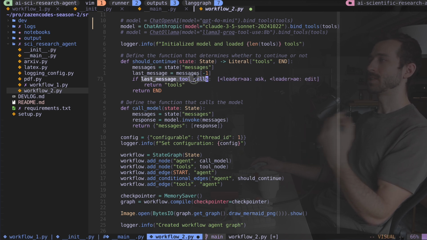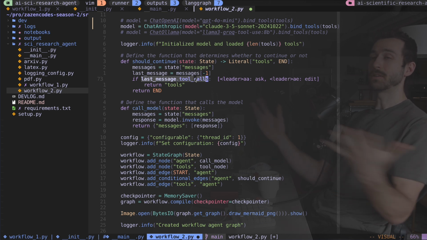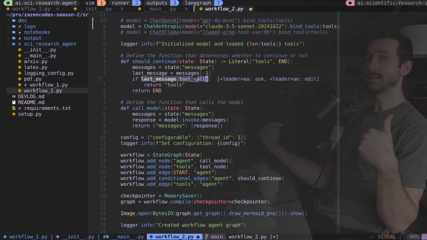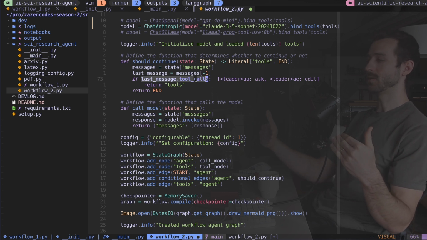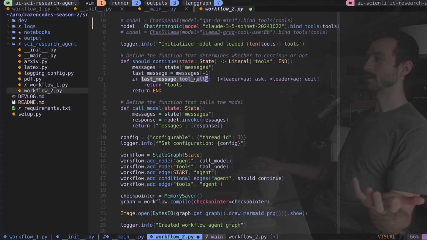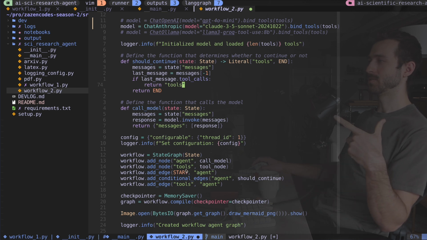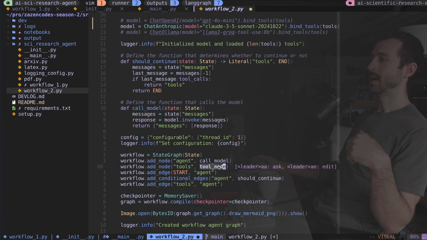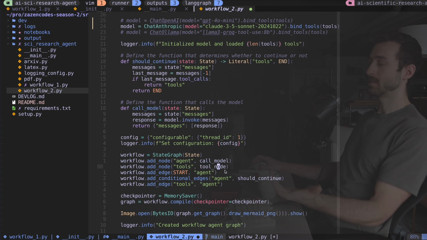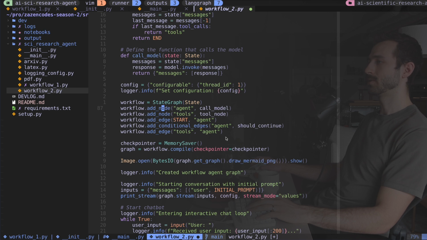So if the last message has tool calls, because Claude will say something like, oh, you want the weather? Well, I have a tool that gets me the live weather. So let's make a tool call to that weather API so that I can get the weather. Then I'll know the weather, and I can tell the user that. So if we're getting a tool call in the message, then we return the tools node, which points to this tools node right here, and we call the tool. And that's how everything was working with the demonstration that I showed before, but now we're just seeing the inner